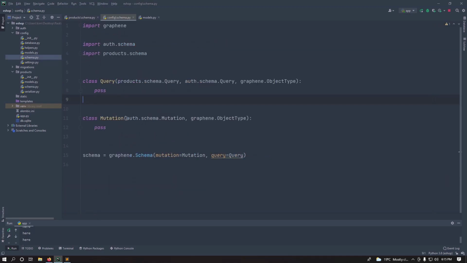But we know we haven't linked it with our main schema. So bring it over here, just duplicate this mutation, and now we know that instead of being from auth, it's from product mutation. And then just clean this and run. Okay, what am I doing? This is supposed to be over here. Just make sure that everything is fine, and let us go and check out. So refresh the server again,